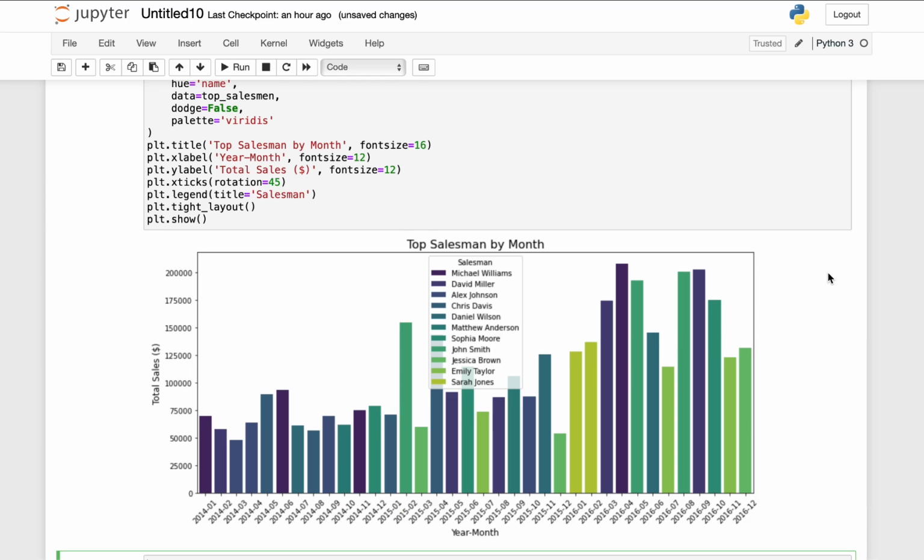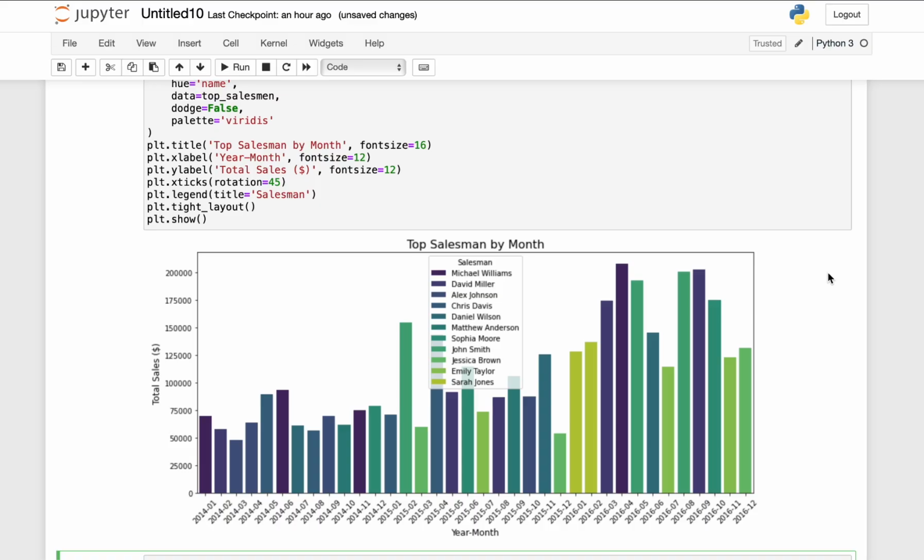When we want to discuss exceptional months, we can see that John Smith in February of 2015 had over $154,000 in sales. David Miller in March of 2016 had over $174,000 in sales. And most importantly, Michael Williams in April of 2016 had over $207,000 in sales, which delivered the highest recorded sales